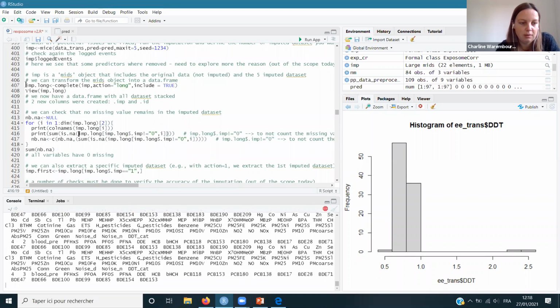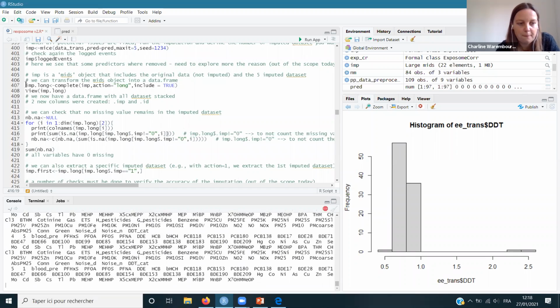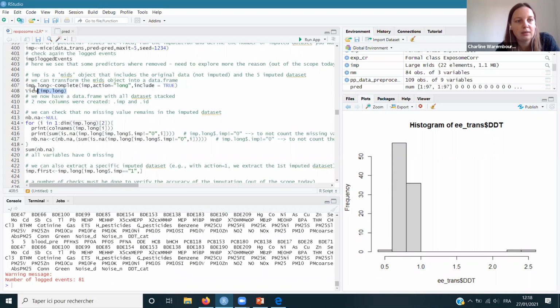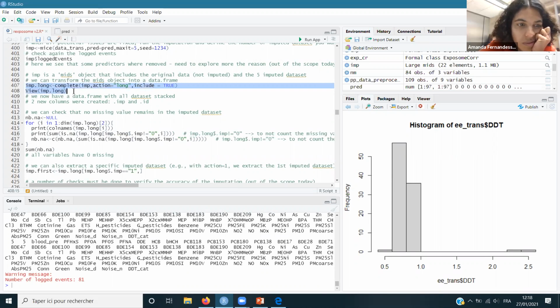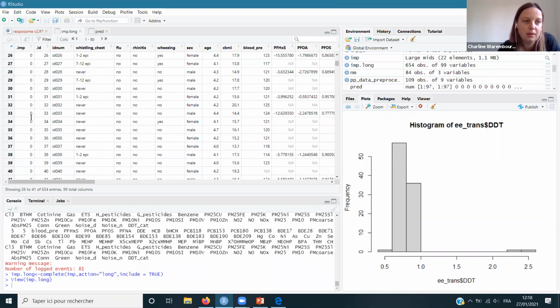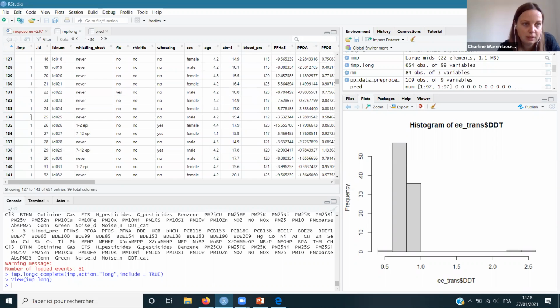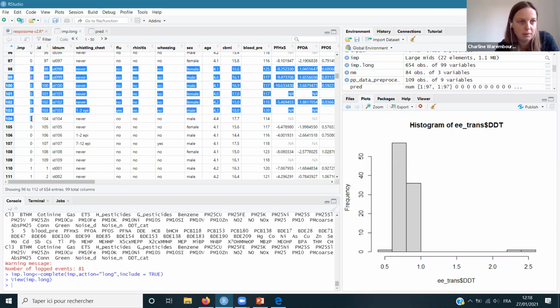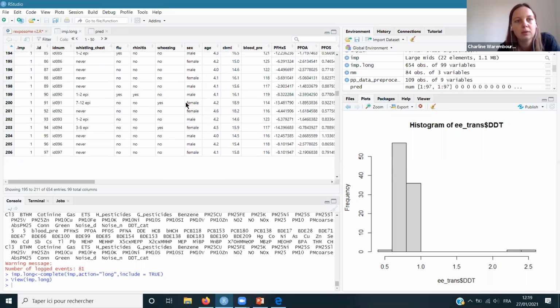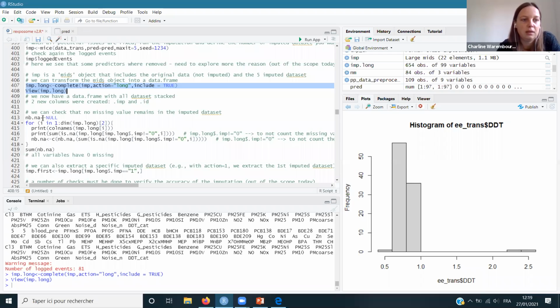So this will not take a lot of time. And then you can extract the result of this imputation in a long format. So here you have all the imputed data sets. When .imp equals 0, these are the non-imputed data, then the first imputed data set, and so on. And we will use this data set in long format for our exposome analysis using multiple